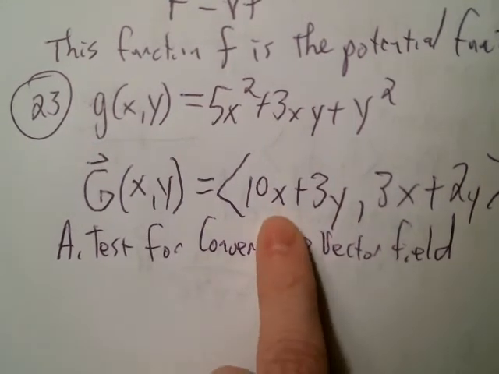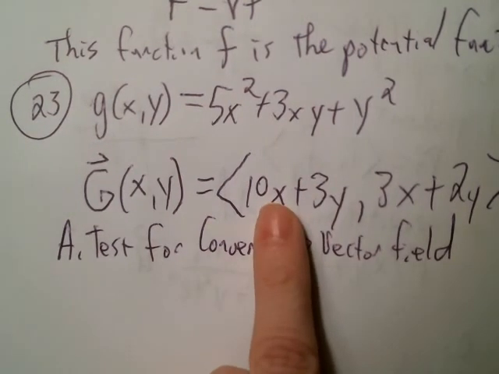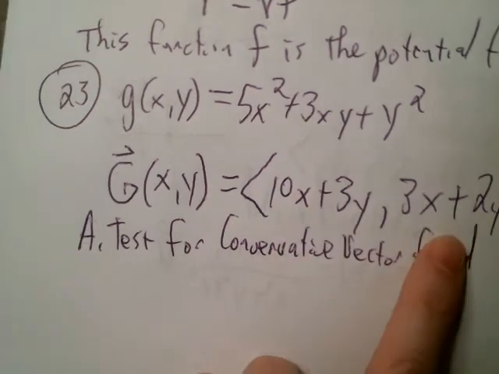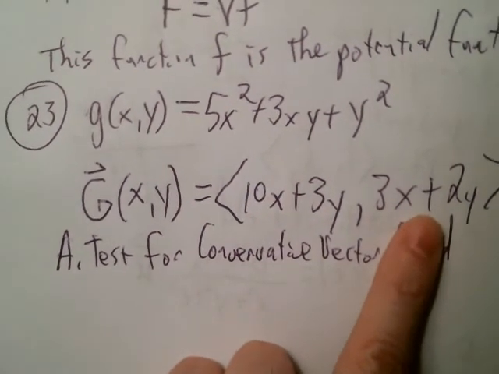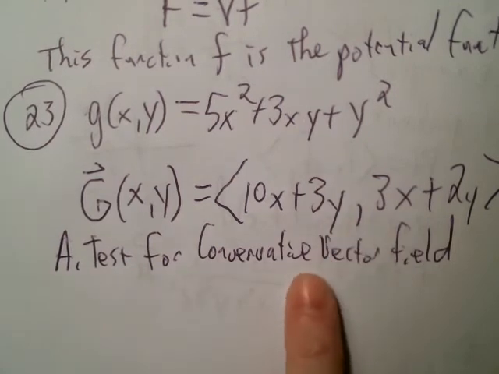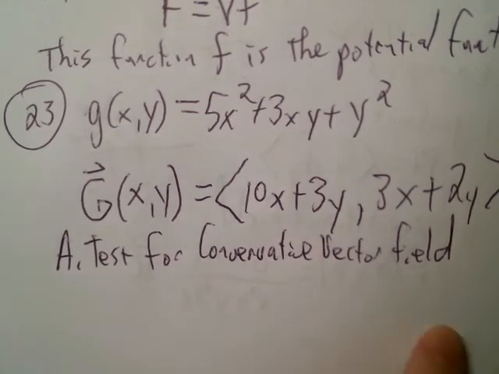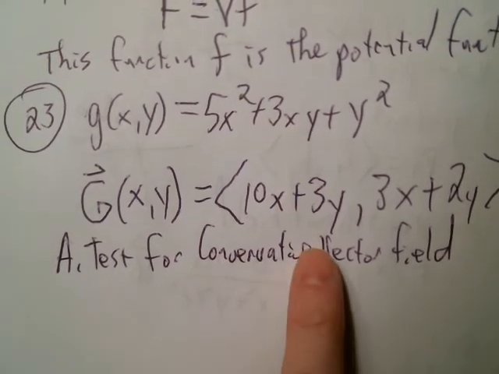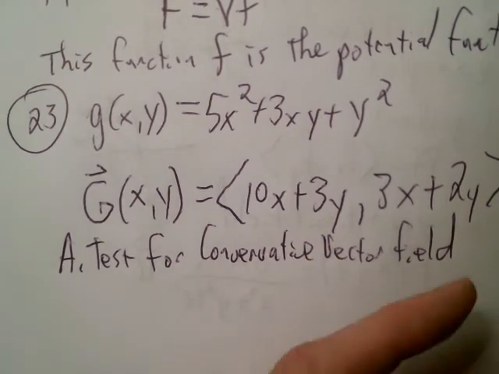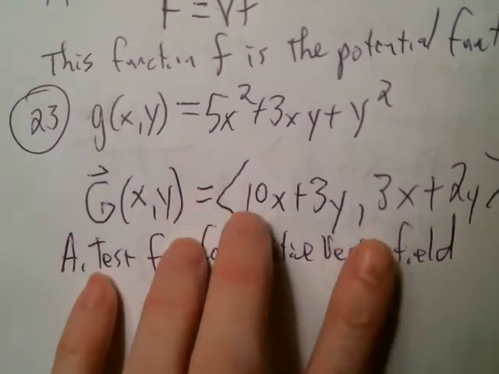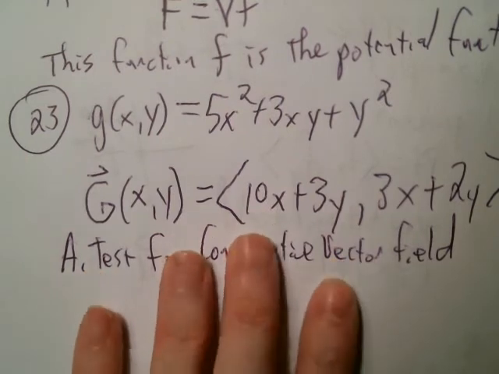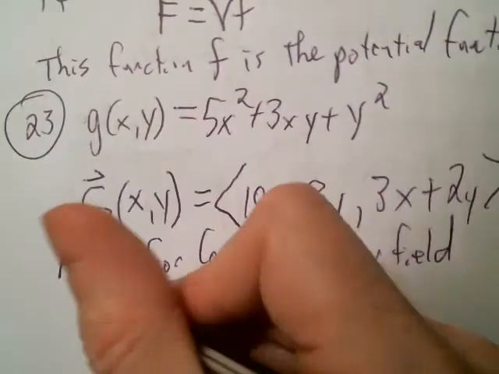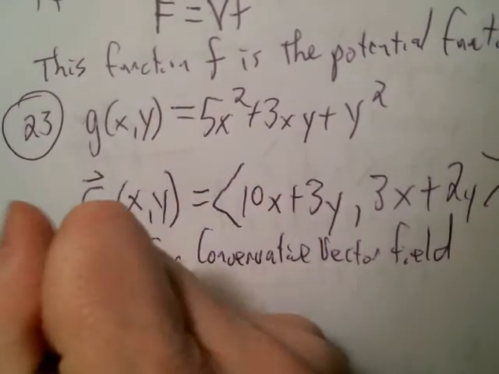Okay. So if you take the partial derivative of this with respect to y, and it's equal to the partial derivative of this with respect to x, then it's considered conservative. And you may remember from our section on partial differentiation when we looked at the mixed partials, which is basically kind of like the second derivative. The mixed partials were usually equal to each other. And you can kind of see it here, for example, doing